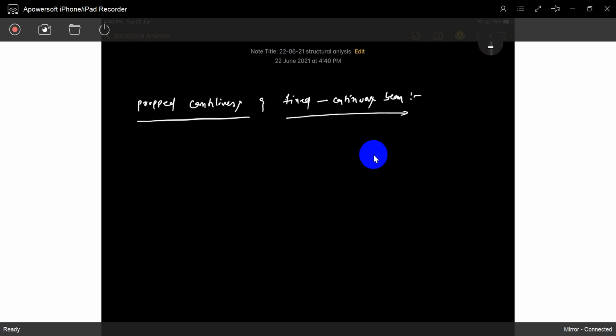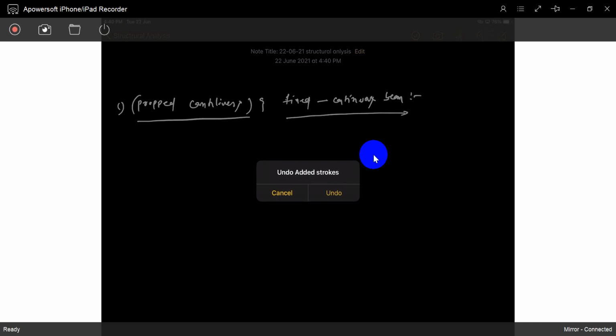Now first we will solve the continuous beams, the propped cantilever. So why is it a propped cantilever? If you go with a propped cantilever, it has just